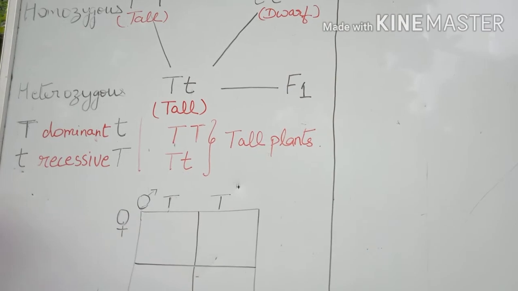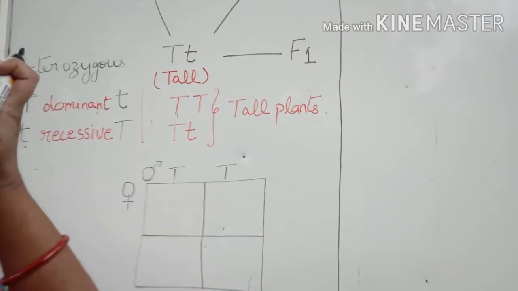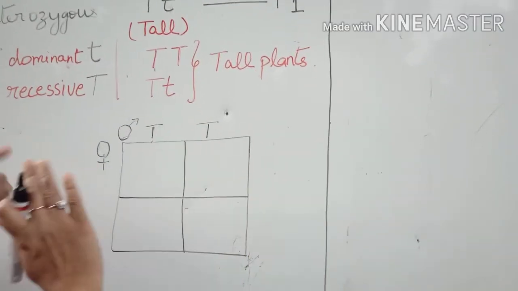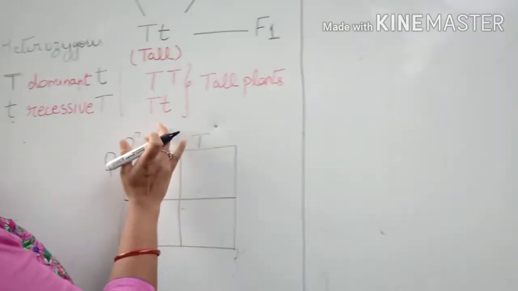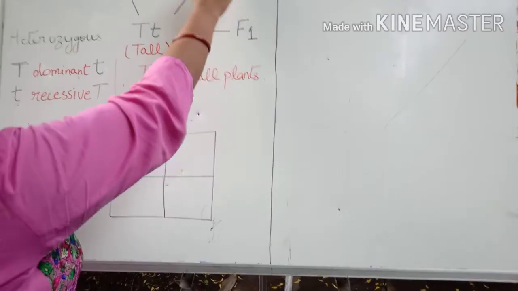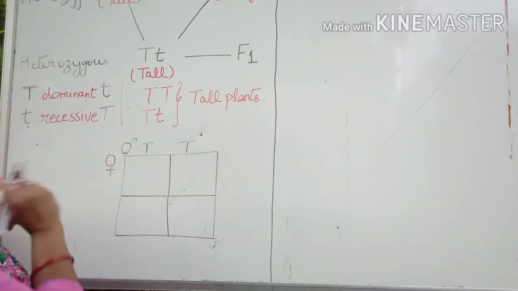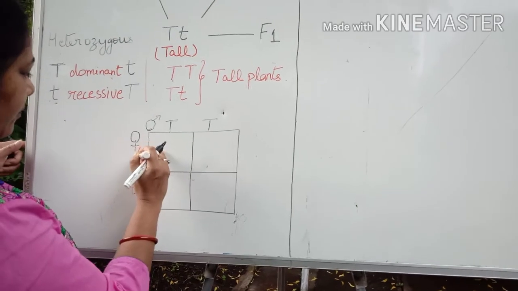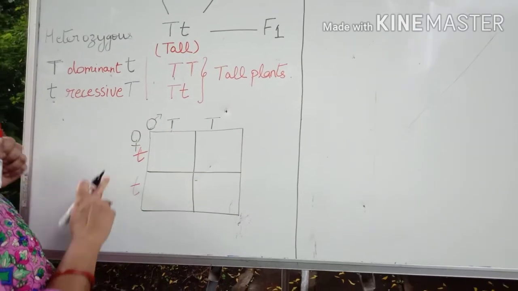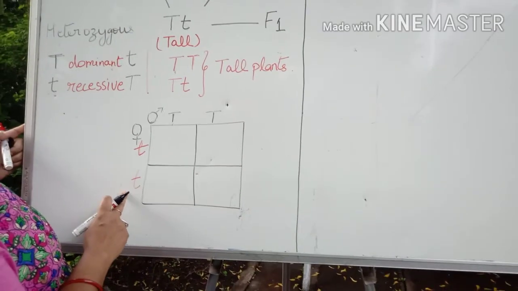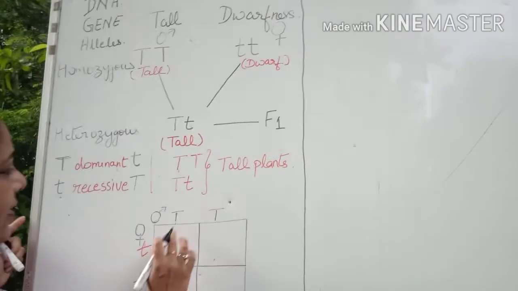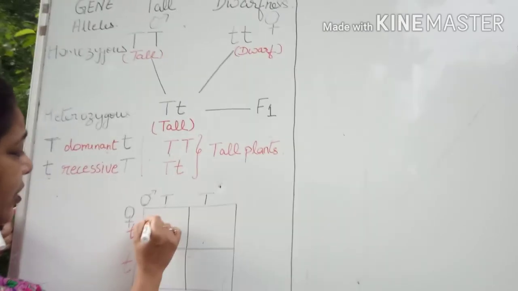You know the helical model of DNA, I told you. Two helices are there. The DNA will open, the chain will open, and one strand is this. And here again it is in this form. Fine. Then the dwarfness is getting like this. So it is all the replication of DNA, how that strand is opening and going to the offspring. In this box what we are going to get?